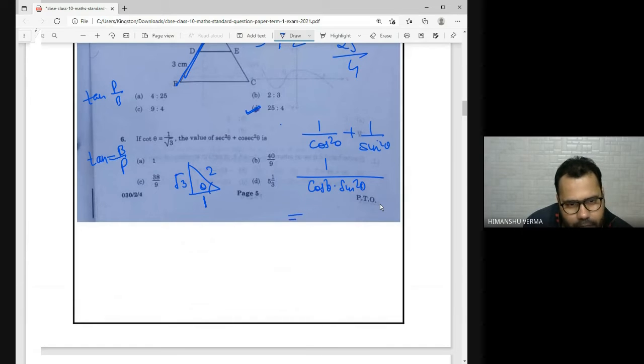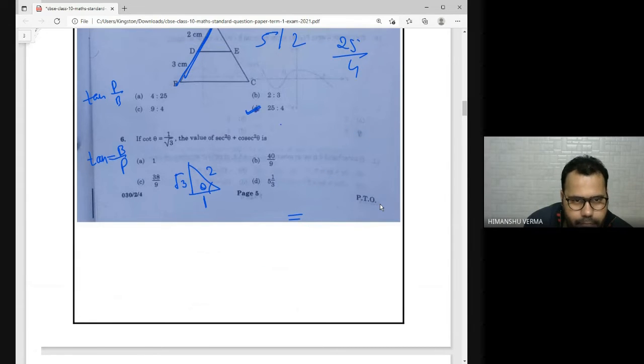Cos theta is what? Put this, or maybe directly find the sin theta. I'll do this, let's find sec theta. Sec square. Sec is the opposite of cos. So cos theta is 1 by 2, so sec is 2 by 1. Base upon hypotenuse, is it fine? So sec square is 1 upon cos, 2 square is there.